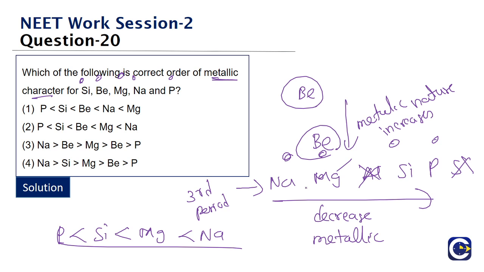So if you look at it, clearly option 1 is not going to be the correct one. Why? Because here we are saying that magnesium is more metallic than sodium. Sodium will have higher metallic nature than magnesium, okay. Then option